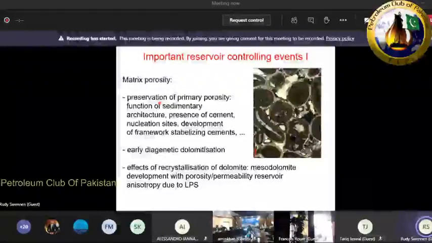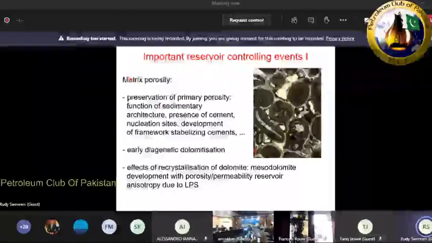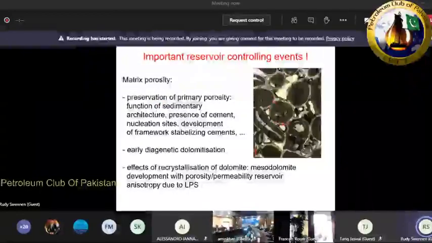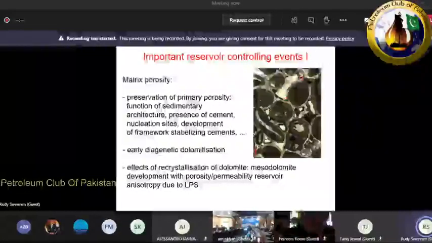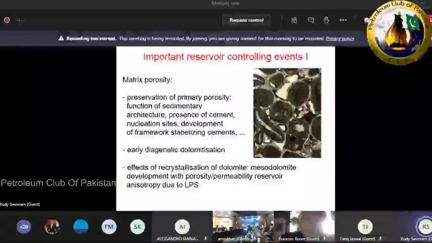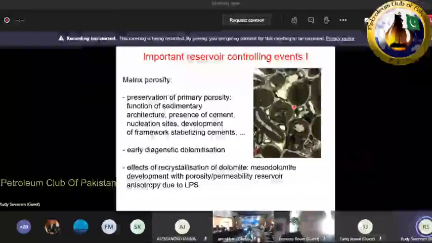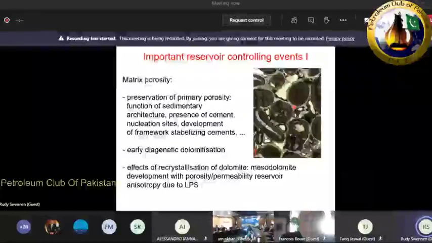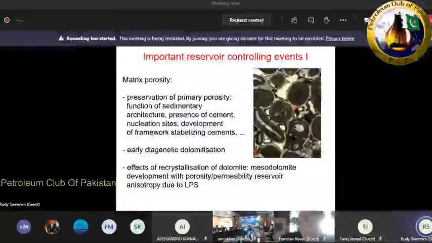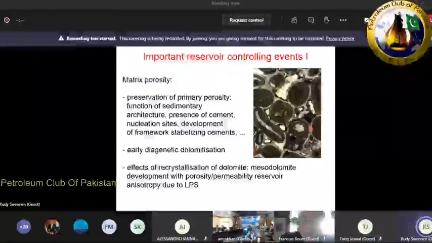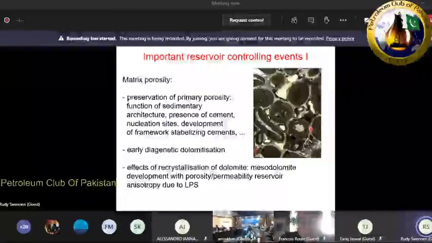These are cements, like you can see in the picture to the right, which glue all the grains together and which make them less vulnerable to compaction, be it burial compaction or tectonic compaction. So by a little bit of cementation, you glue everything together, it forms a rigid framework, and compaction will have limited effect. Also, early dolomitization is of importance because dolomite is behaving differently, more rigidly, and then also the effects of